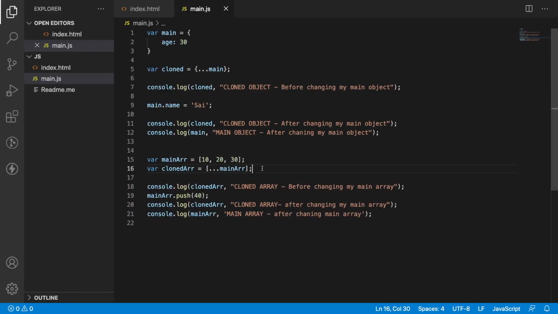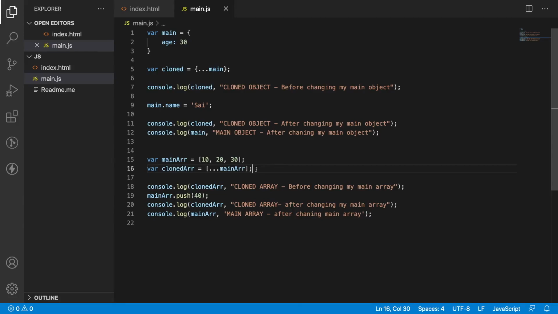So we have three methods to use. The latest one, which came up in ES6, is the spread operator. So it is highly recommended to use the spread operator for having cloned objects. And the second one is we can even use Object.assign, which behaves the same as a spread operator. And JSON.parse of JSON.stringify is not a recommended approach. So that is how the spread operator and cloning of objects work in JavaScript.